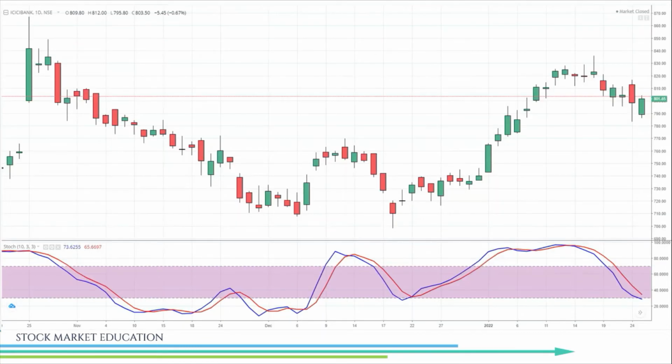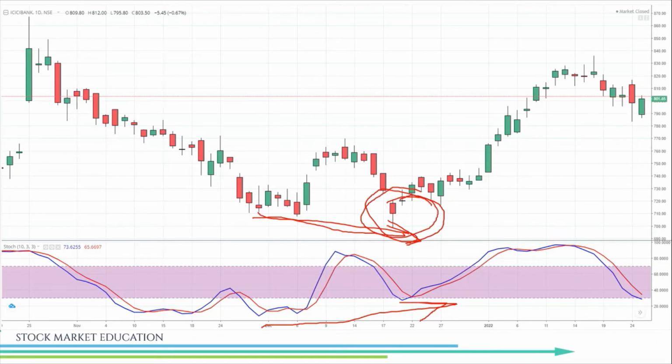Now this is an example of ICICI Bank, and as you can see, it was previously in a downtrend. It made a low, it bounced, it made a lower low, and then it bounced back, and then it turned into a bullish price action. Now here, as you can see, the price had made a lower low, but the oscillator or the stochastics here had made a higher low. So this is called the bullish divergence,